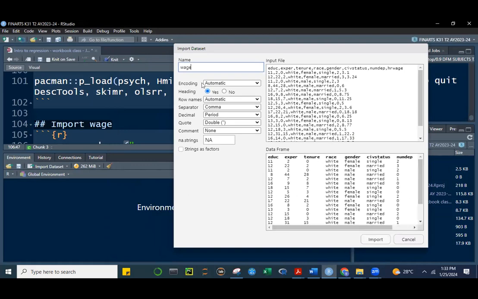Okay. And then we can give it a name. What name do you want to give it? I'll just call it wage, but you can choose any other name, for example, data. Okay. And then you have to click this. Our data set has headings. Okay. It has headers. Otherwise, if there are no headers, then click no. Okay. So it's CSV, comma separated values. And then here you have the choice strings as factors. We will not check that now. Okay, I'll explain later on what these strings as factors mean. And if I click this, class, import,